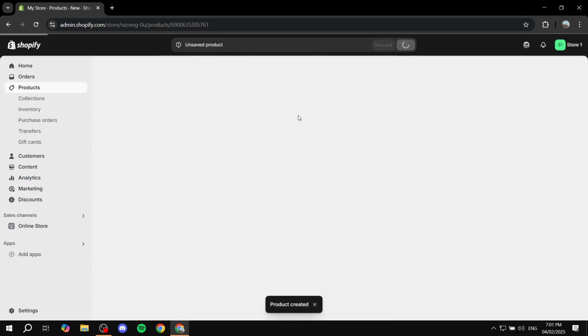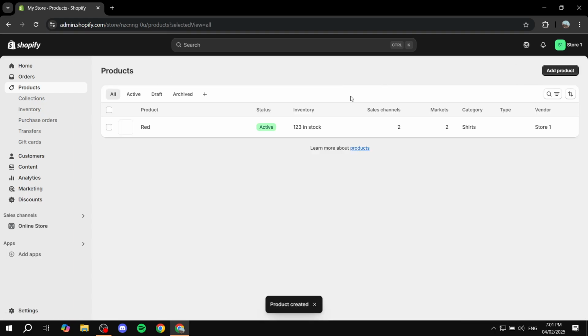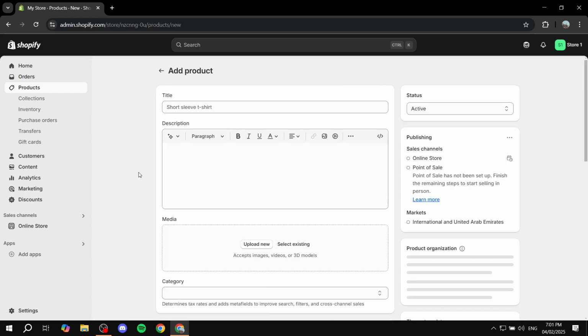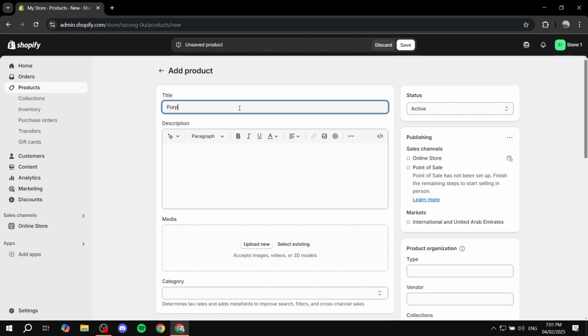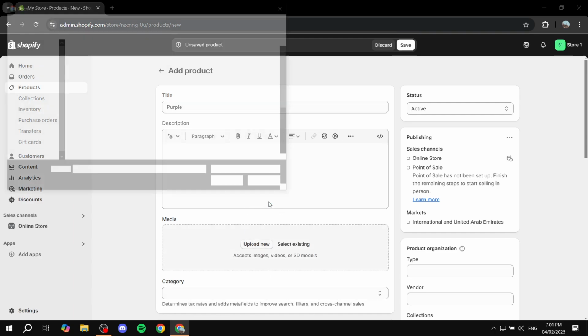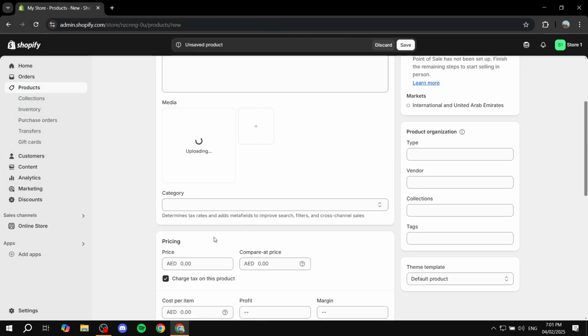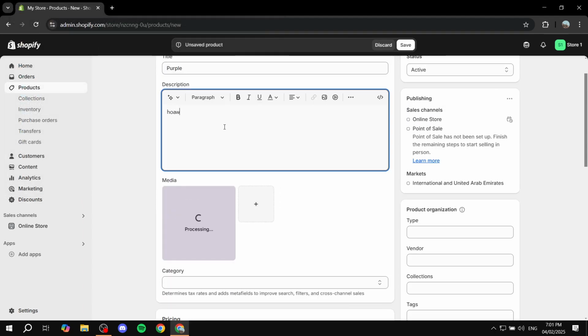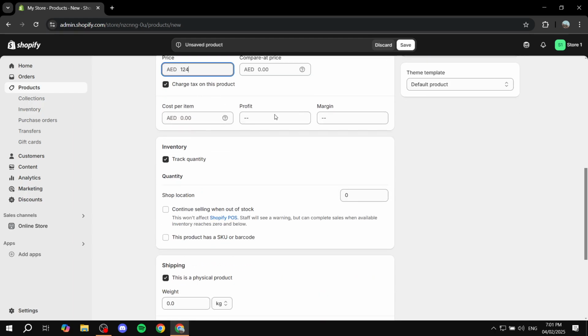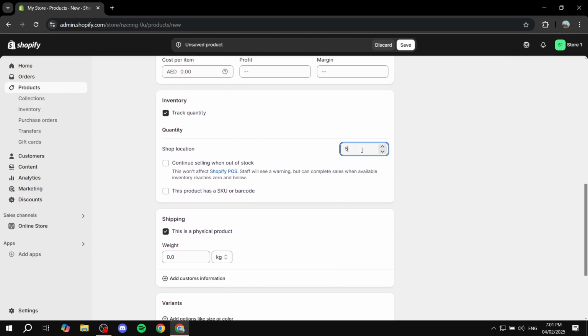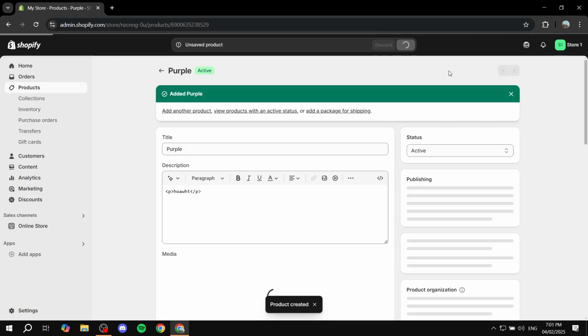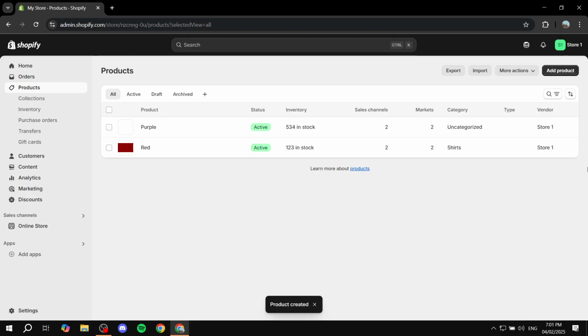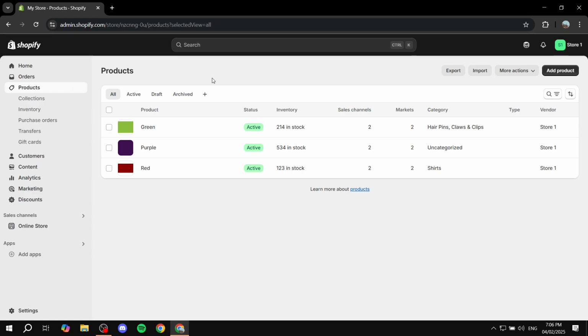And I'm just going to add 2 more. I think that should be more than enough to get started and basically import them to the other store that we have. So this time it's going to be purple. Upload this purple image, description. Let's just add something different here with some price point and also a little bit of inventory here. Click on save, and I'm just going to add 1 more in the background and just show you what to do next. Okay, great. So now that we have 3 different products here, red, purple, and green,